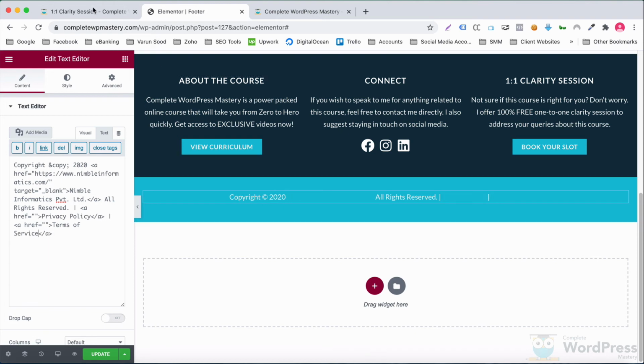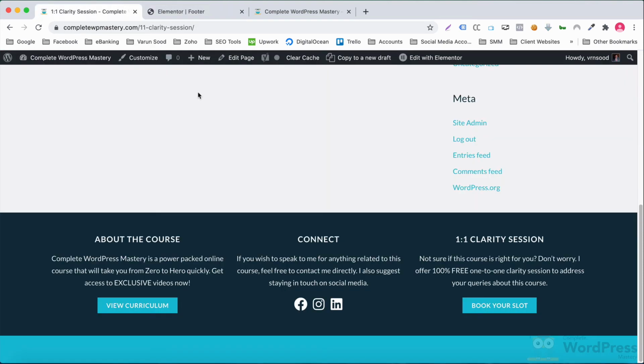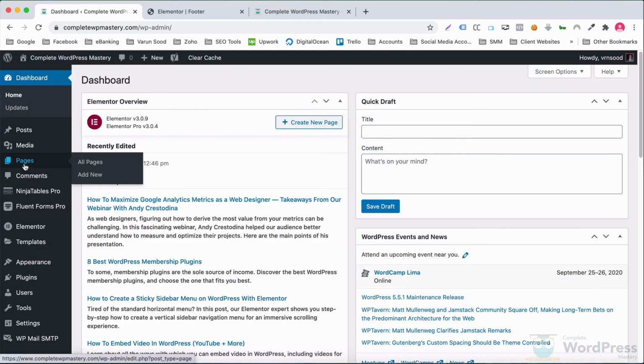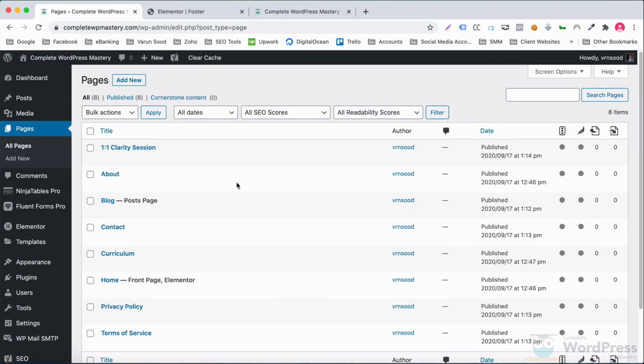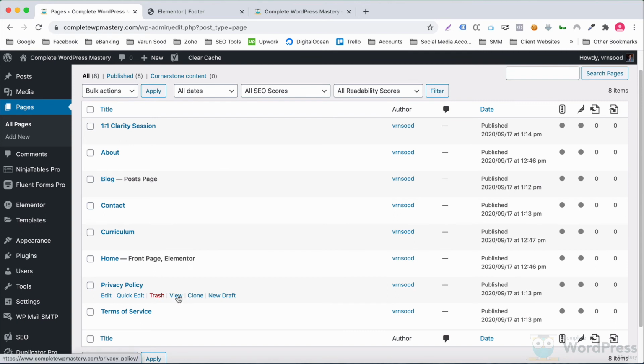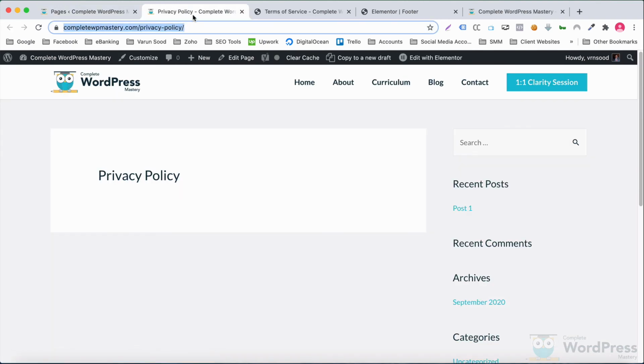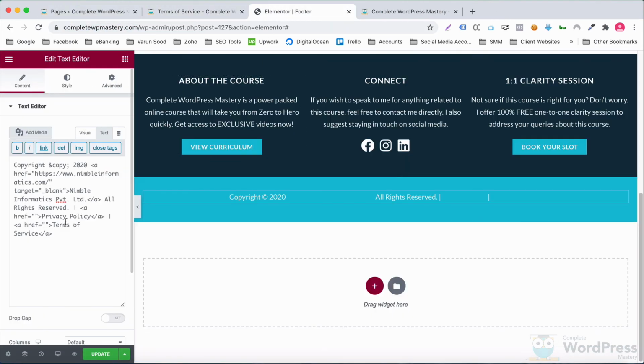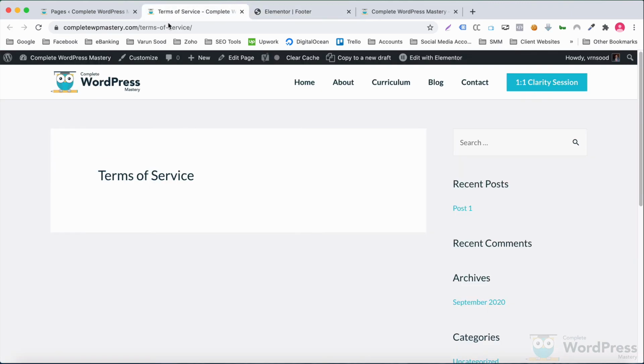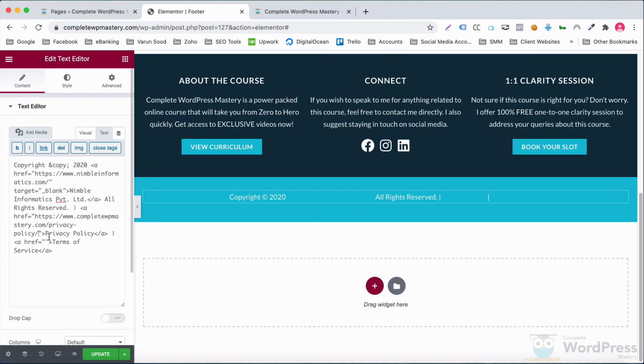I'll copy the URLs of these two pages by going to the WP admin. Hit update and refresh the front end of the site.